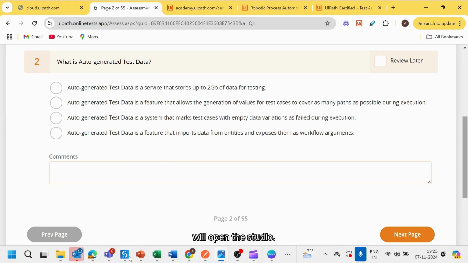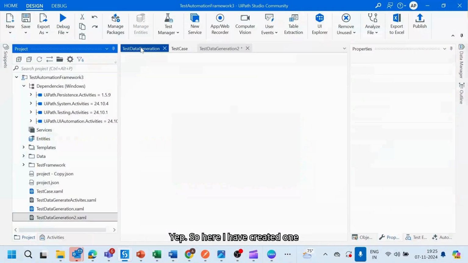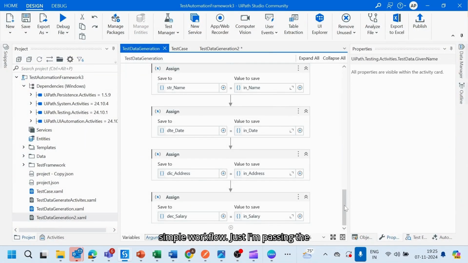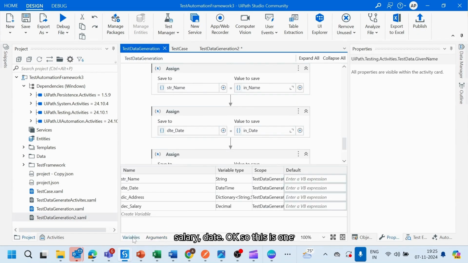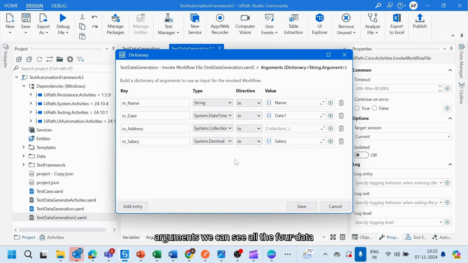For this, I will open Studio. Yep. So here I have created one simple workflow. I am just passing the arguments. I want four details: name, address, salary, date. Okay. So this is one test case. I have created one more test case here. In this test case, I just invoke the previous test case. Okay. So here under the arguments, you can see all the four data I want to generate with the help